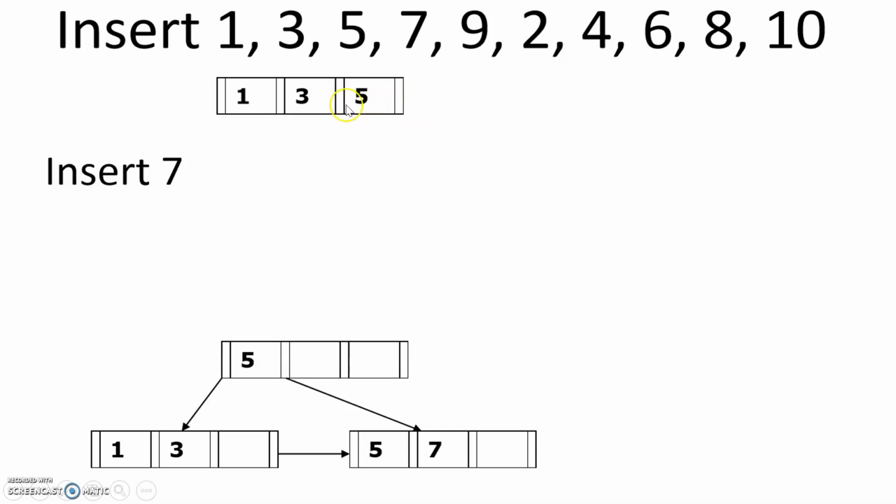Please see carefully. When the right element is the central element, my node is 1, 3, 5, and 7, so 5 will go up. It will be split from the middle. I'm considering this rightmost element as my middle element, the reason being that 3 and 5 are both middle elements. You can consider any one. So I'm considering 5. So 5 will go up and the nodes will be split into 1, 3, and the 5 which has gone up will remain in the leaf node also. This will act as an index node and this will be a data node. So this is a bit of a difference.